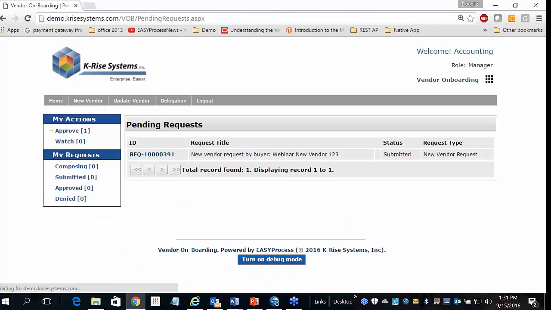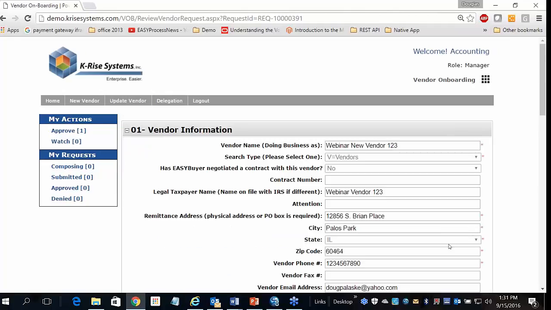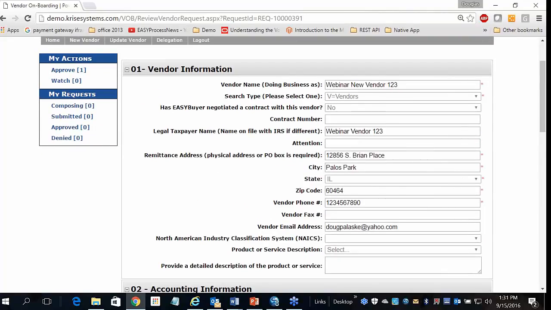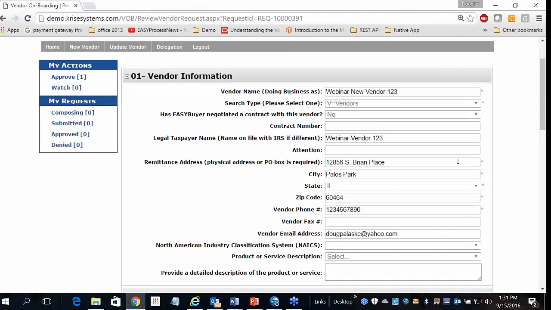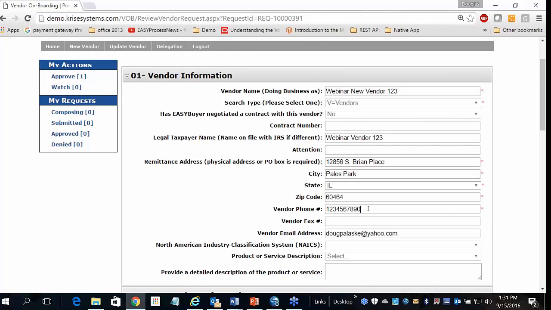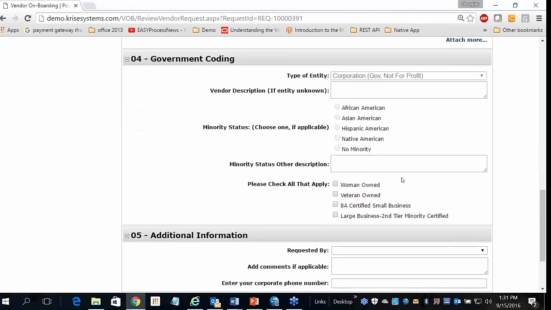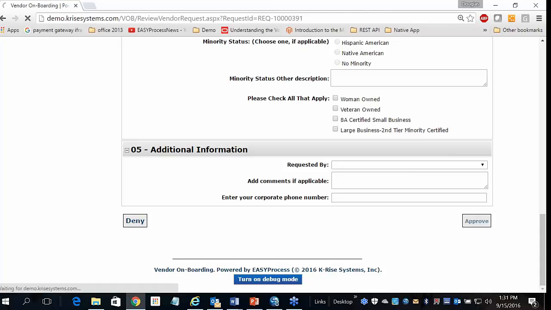Now, the accounting person is the person that can publish this. Notice that when they're clicking on it, the form is editable. When I was AP manager, it was locked. The fields were locked. This is an example where some of these fields are grayed out, locked, but other fields are editable here. So if they wanted to make changes, they can easily add more files. There's one file already added. So from this perspective, if the accounting person wanted to approve this,